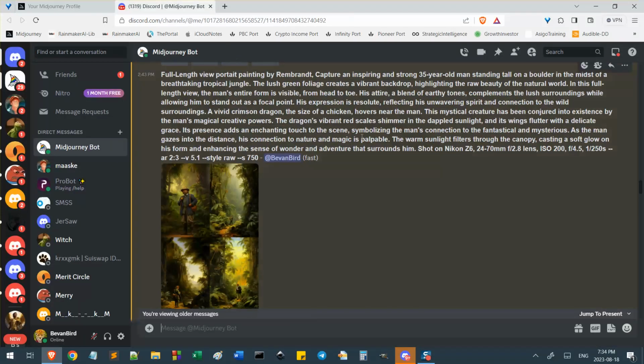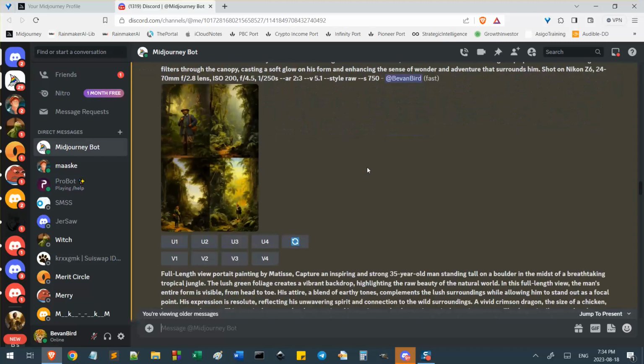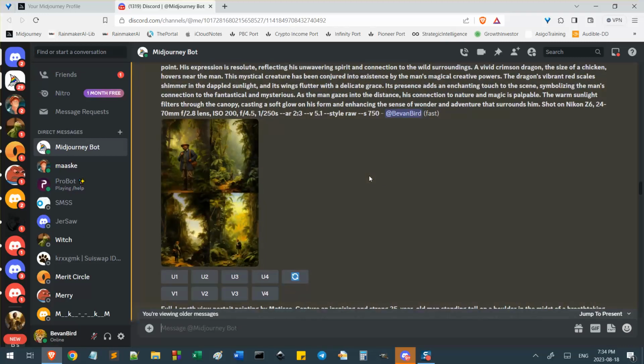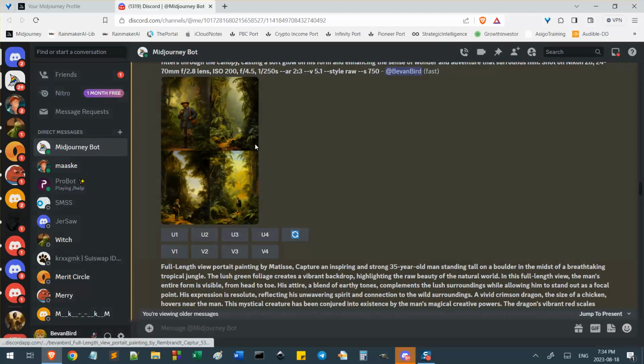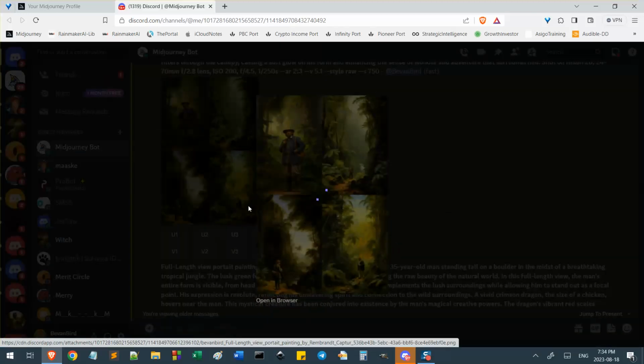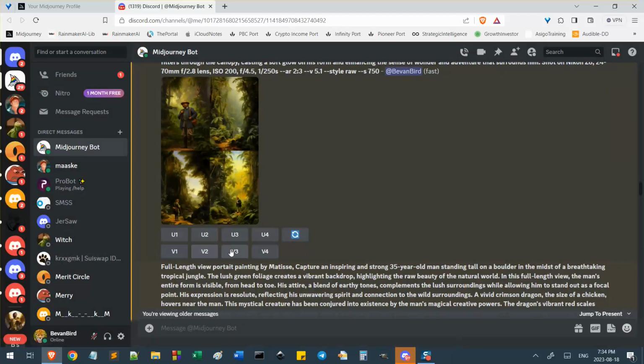So you can see that this is loaded here, right? Sometimes it might pop up a little bit off, but it didn't. It was right on it. Not this, it was on this one, and there it is. So you can upscale those 1, 2, 3, 4, or do variations. U is for upscale.